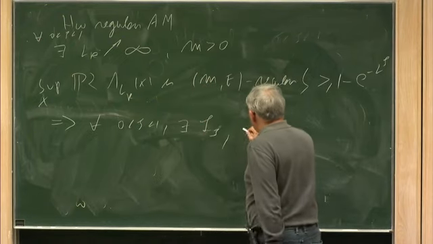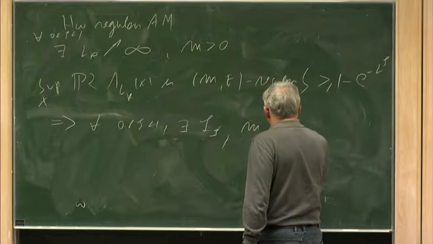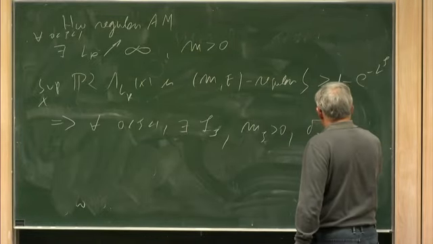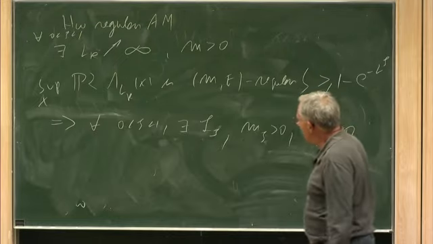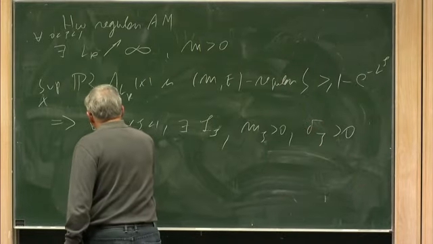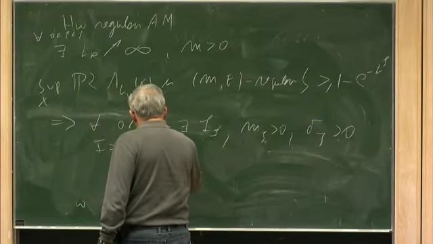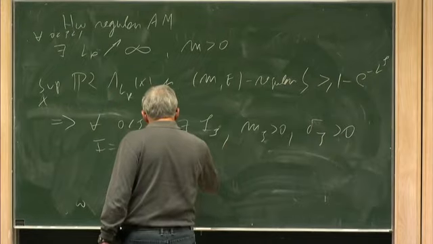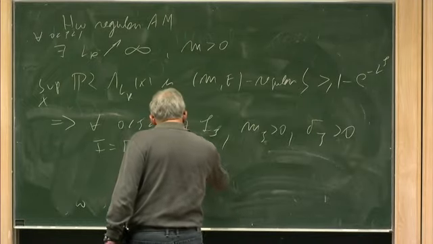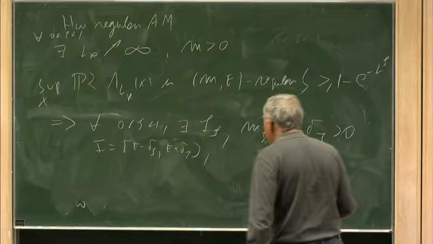Depending on zeta, I can find some mass, and I can find some delta, also depending on zeta, such that I get the interval around E of size delta, and